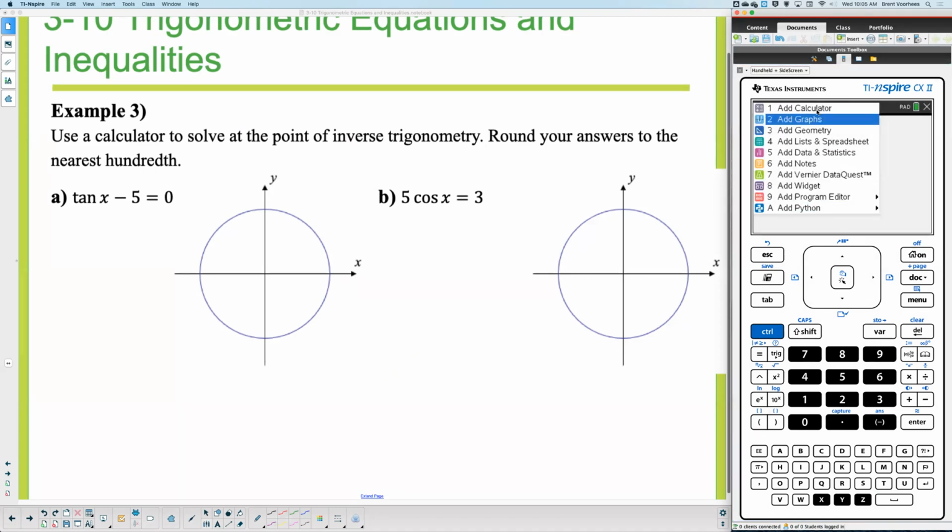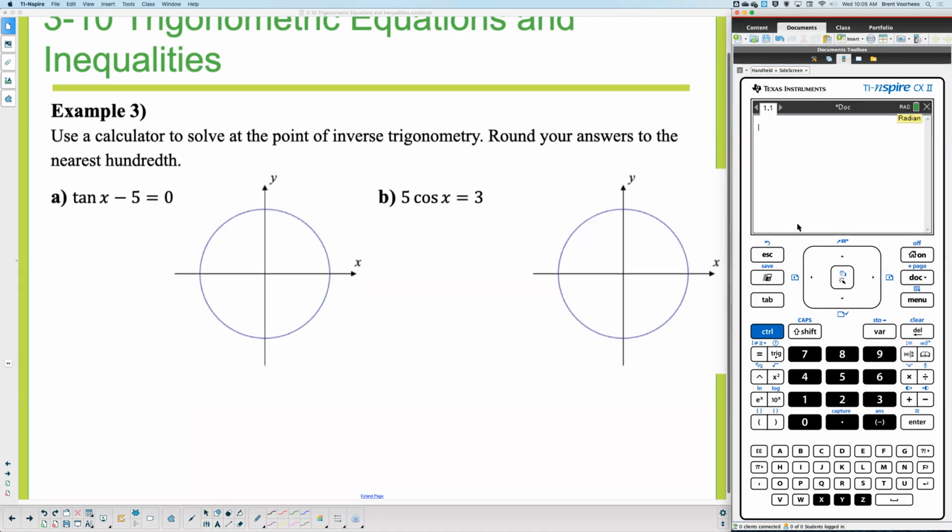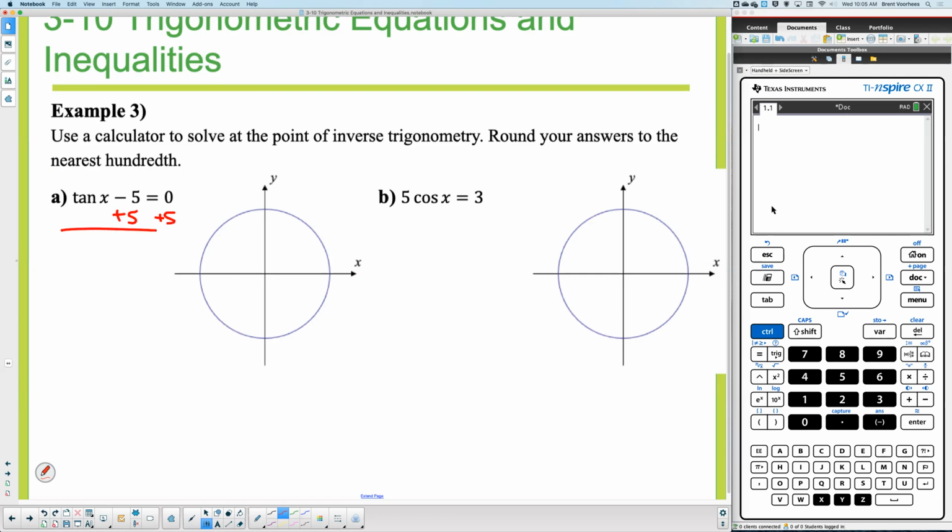I just want to make sure everybody's in radians for this. Your calculator needs to say RAD once they come back. Okay, so everybody should be in RAD mode. All right, so let's work our way through this and solve it again. What would we do first on example 3A? Add 5. So we add 5 to both sides. And I have tangent x equals